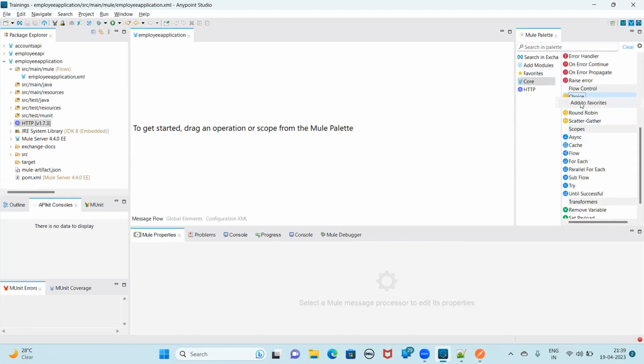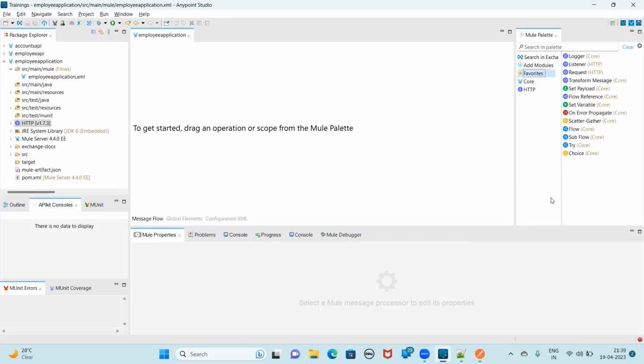See, to add this, right click, add to favorites. Whichever component you are using, you just go there, select it, and just tell me. Are you clear? When we are using that scatter gather,